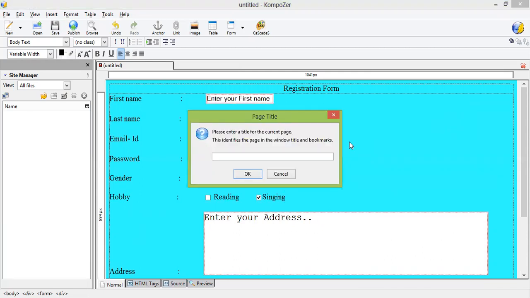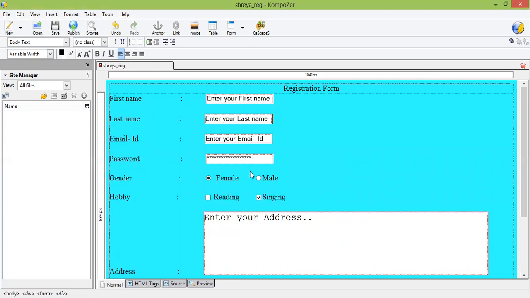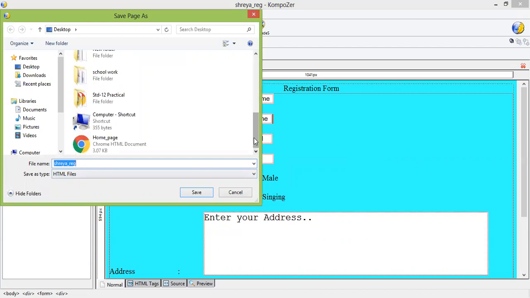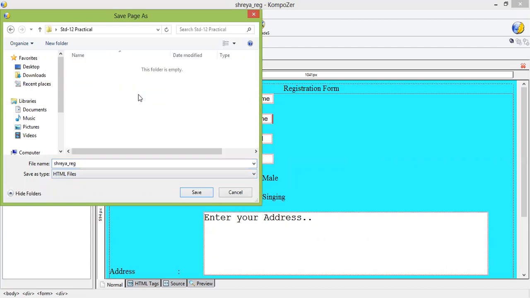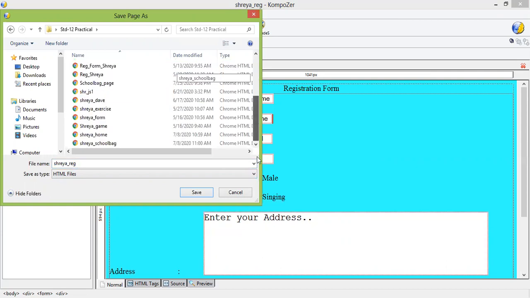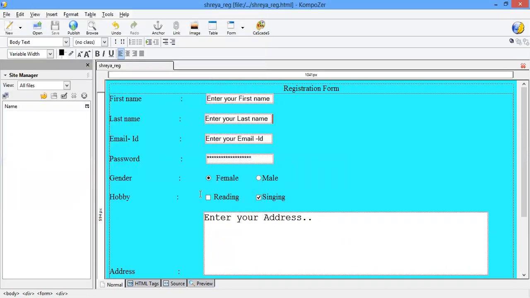For saving your page, you have to give your name, underscore, it is registration form, so I give the title REG, then click on OK. I want to save it in my 12th practical folder. I just click on it and just save it, my file, save.